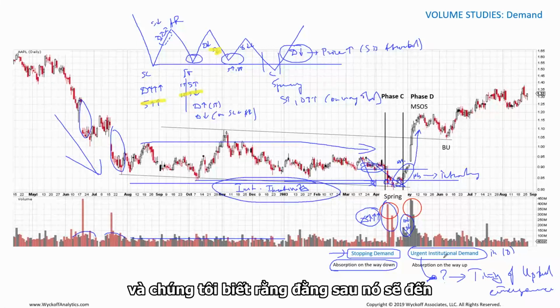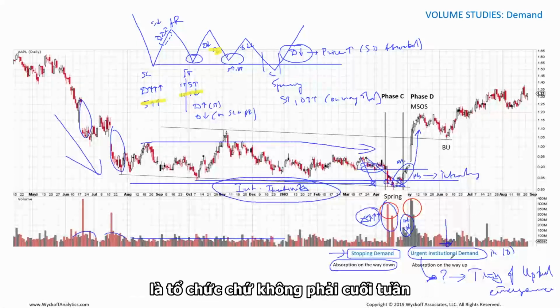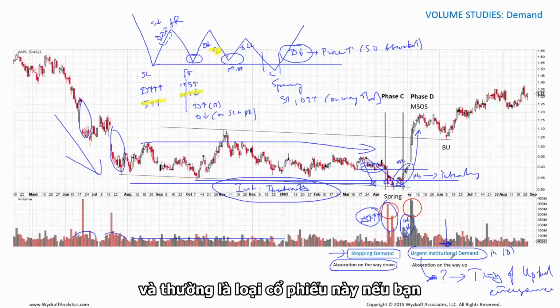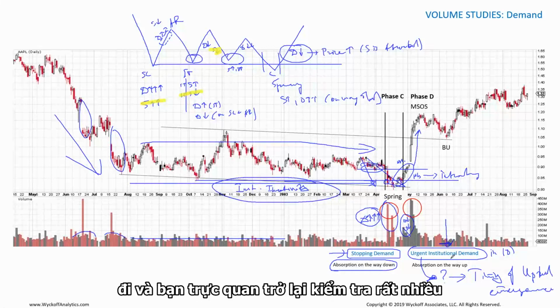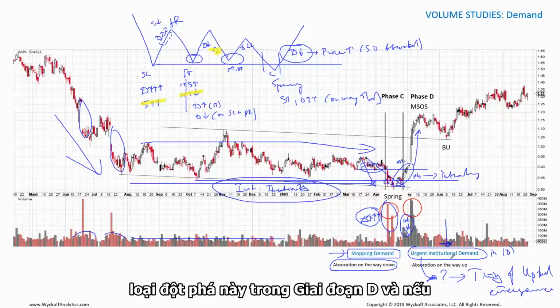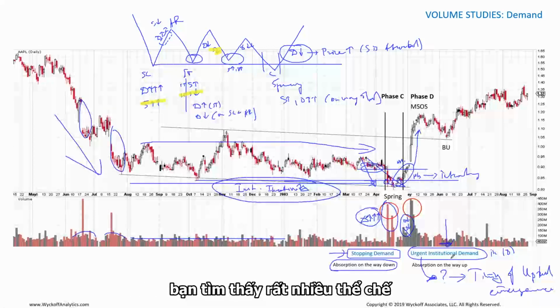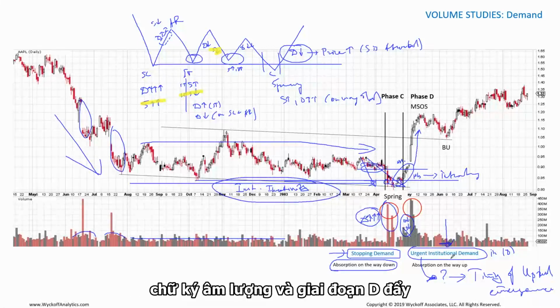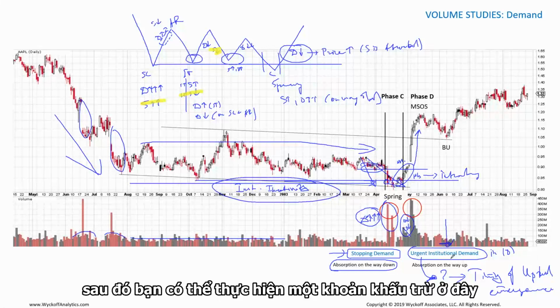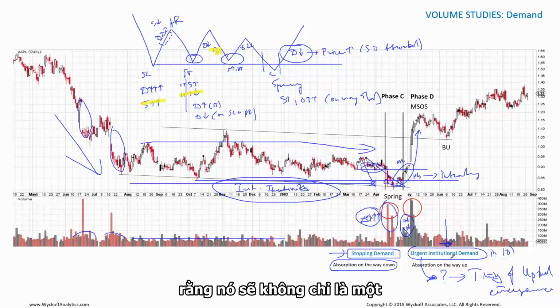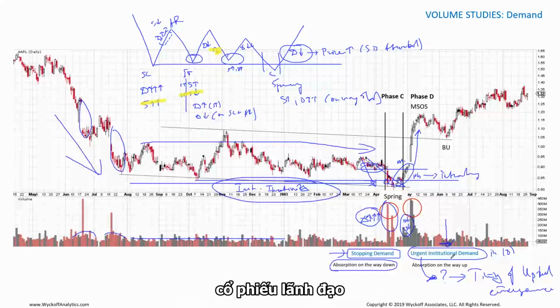And we know that behind it are going to be institutions and not weak hands. Usually this type of stocks, if you go and visually backtest a lot of these breakouts in phase D, and you find a lot of institutional volume signature in phase D that pushes the price like this with a lot of momentum, bringing it above the levels of the resistance,